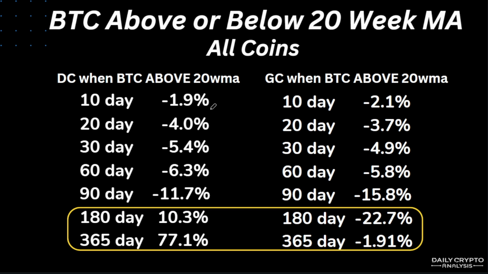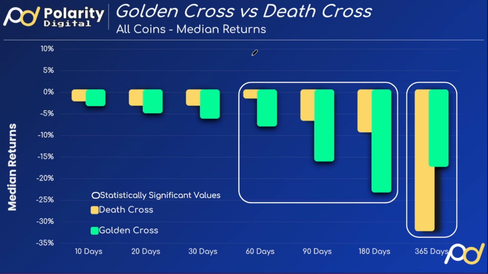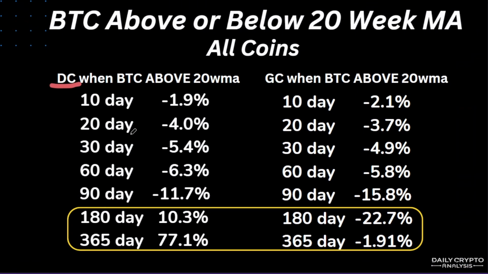So for all coins, when Bitcoin is above its 20-week moving average, look at what the results are for the 180-day and the 365-day returns. That's huge. Let's quickly go back here and just see. Now, remember, this is a death cross event. This is an important point here. I can't stress this enough. This is a death cross, but Bitcoin is above its 20-week moving average. Let's go back and quickly look at what a death cross meant for all coins on the 365-day level. Typically you're expecting around minus 33%. But when we look at a death cross and Bitcoin is above its 20-week moving average, that is a massive